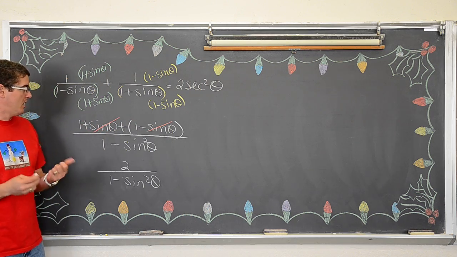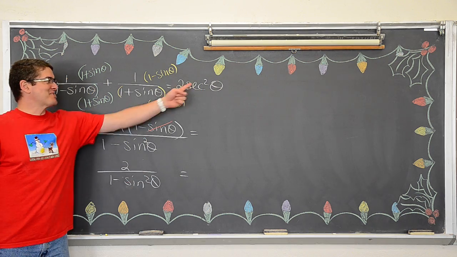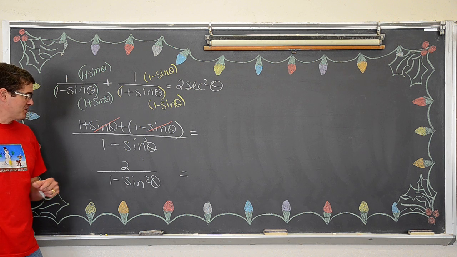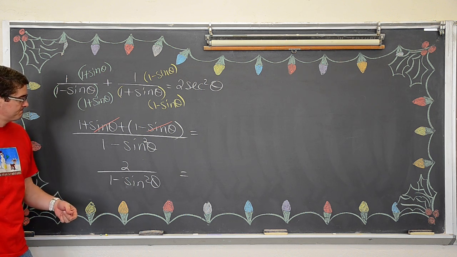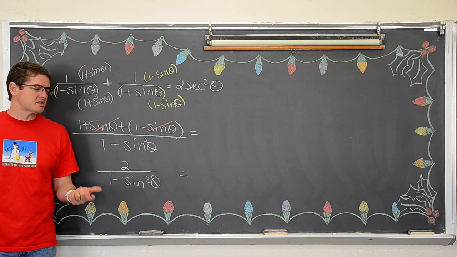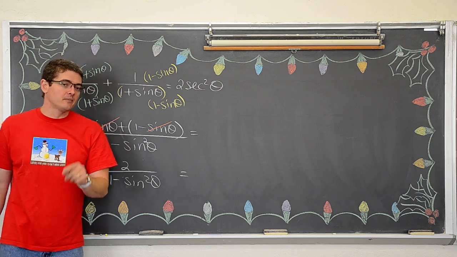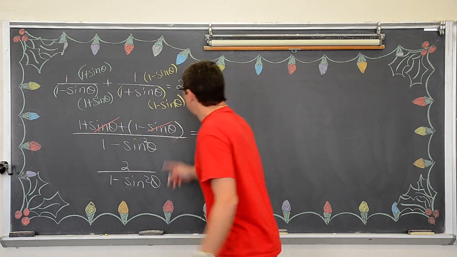So what can I do? Well, I'm out of space, so I could just stop and start working with the other side. And I think I'm going to go ahead and do that. But you might also recognize that, if you want to continue this with one side, secant is 1 over cosine, right? And 1 minus sine, actually let me go ahead and just keep working with this.